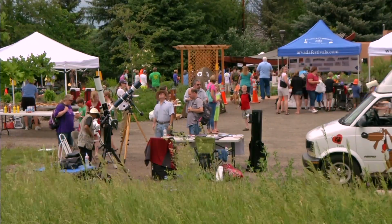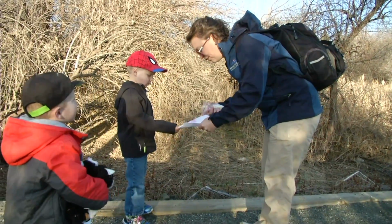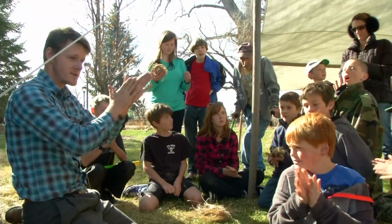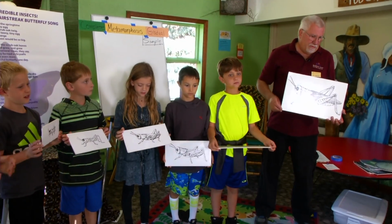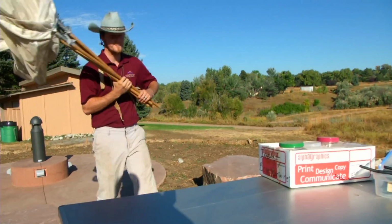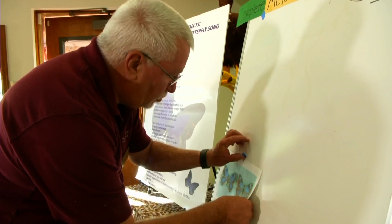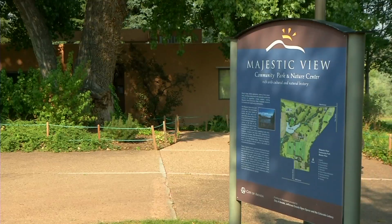Majestic View Nature Center runs as many as 450 programs annually, and with only a handful of employees, the center's 15 to 18 volunteers play a critical role. We figured that they put in between 800 and 1,000 hours per year, and that turns into about a $21,000 savings for us. They put on workshops, teach classes, keep the doors open for visitors on weekends, and help care